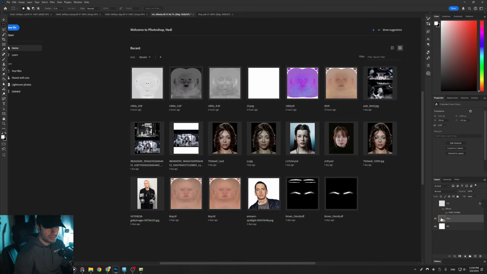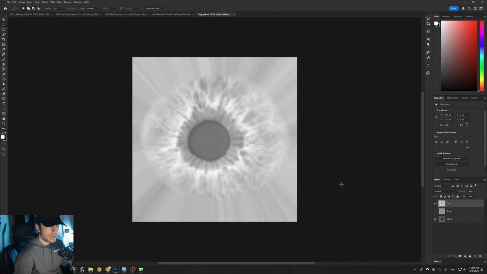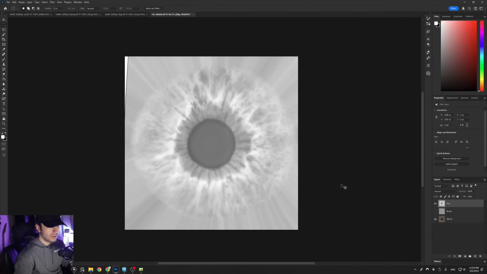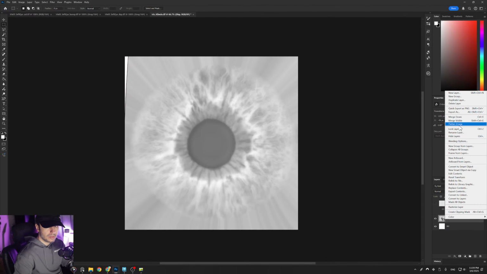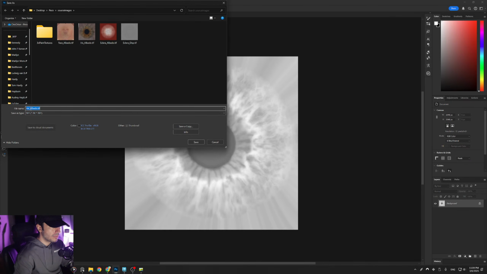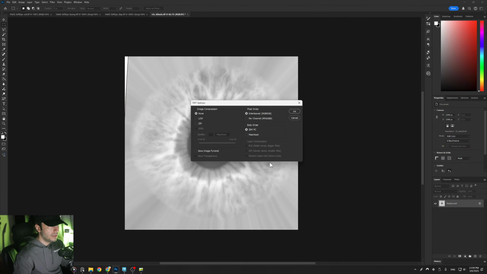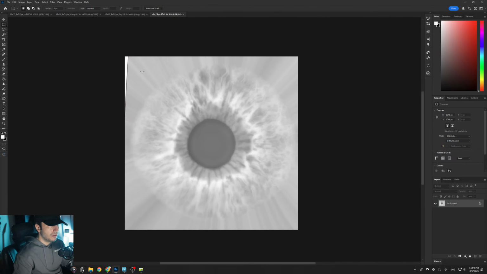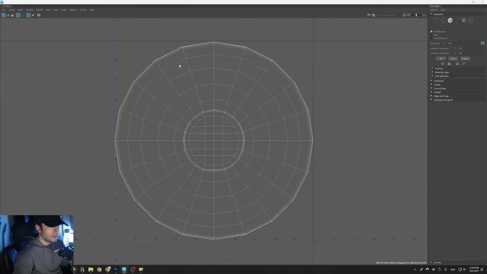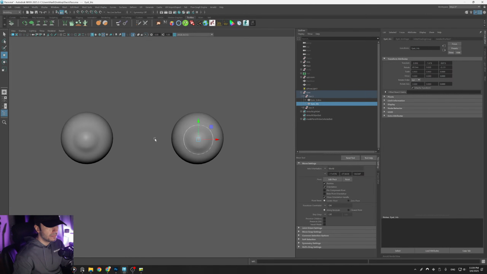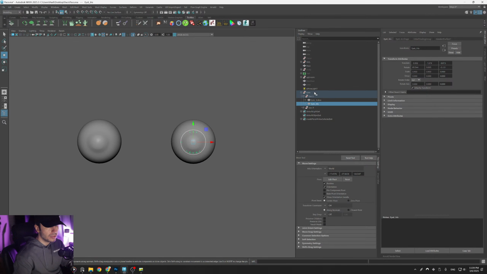Let's also export the displacement map. Same way, just Iris disp TIF, and alright, let's go back to Maya and see what the textures look like